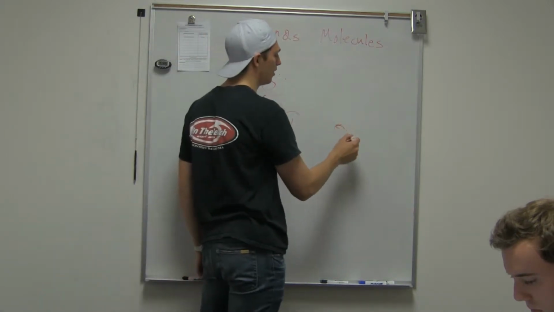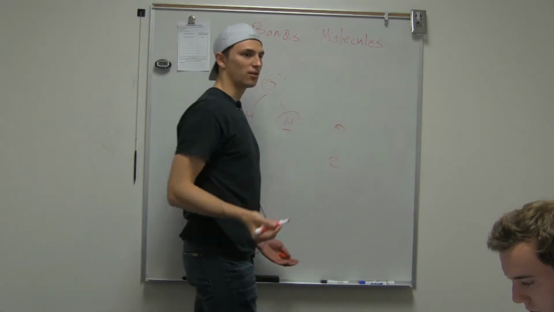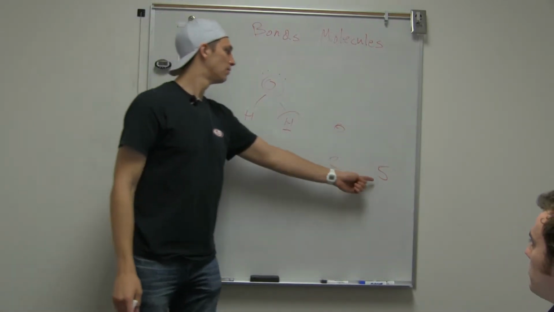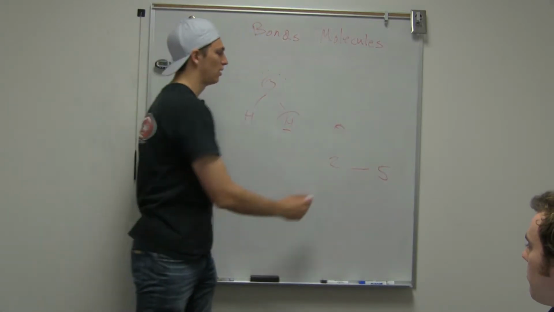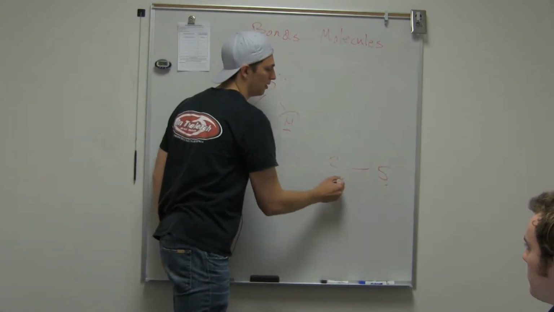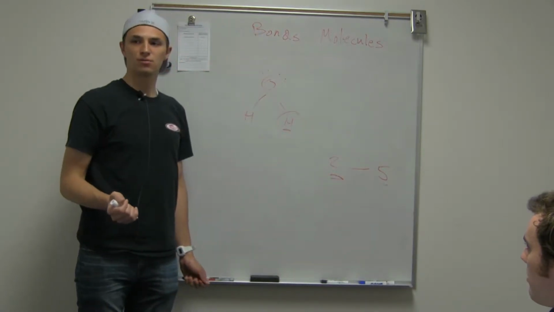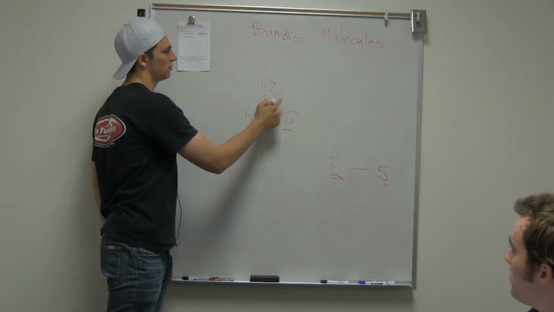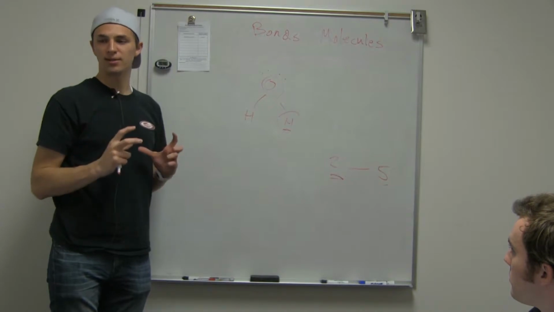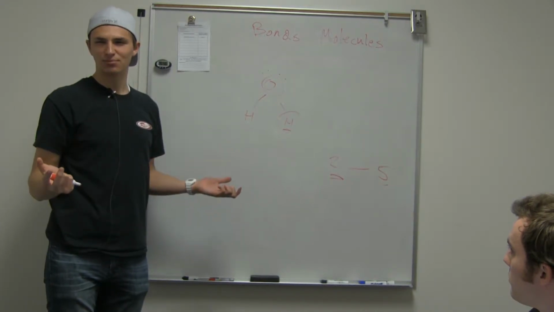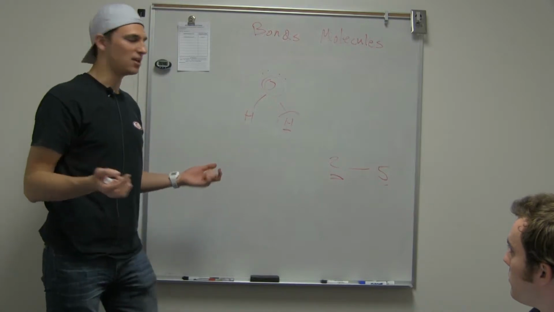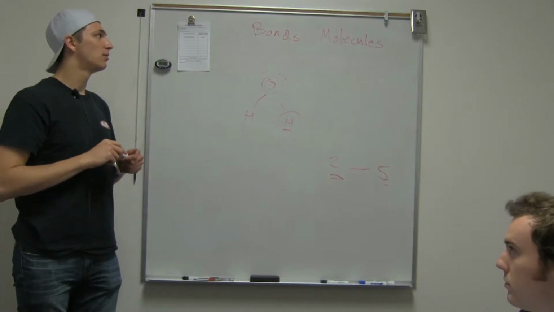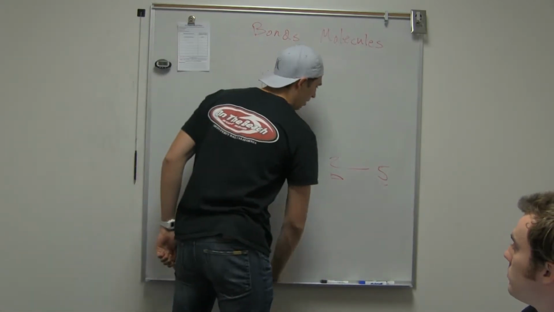Because if the charge is different, like let's say there's an electronegativity of 2 and an electronegativity of 5 on this side, and there's a bond between these two, this is a polar bond because these charges don't match. They're not symmetrical. So these two are polar. It's a polar bond, basically because they're different atoms and the electronegativity is different. That's what we're looking at when we're talking about the bond being polar or not. But when we're talking about a molecule,